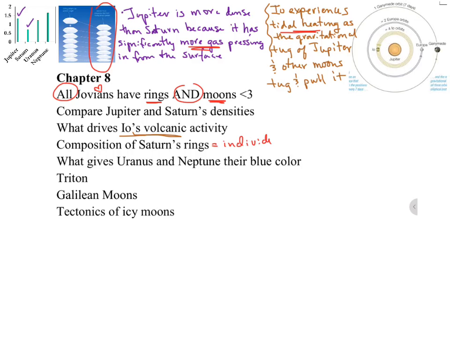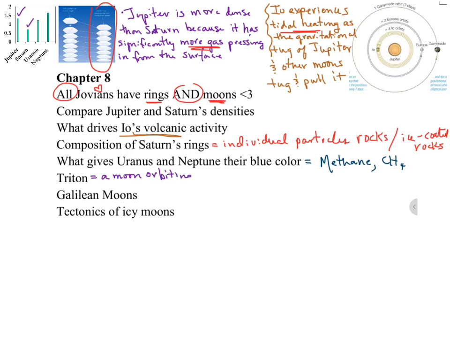Saturn's rings. Actually, Saturn's rings are individual particles, and what makes them so reflective is that they're icy coated rocks. So what gives Uranus and Neptune their blue color? Methane, CH4. Triton simply is a moon that orbits Neptune, and there are some other cool things about Triton. Remember, it's the one that has a cantaloupe surface, but Triton is a moon that orbits Neptune, and I want you to try to keep it separated from another moon of interest, Titan. And actually Titan is that cool moon with an